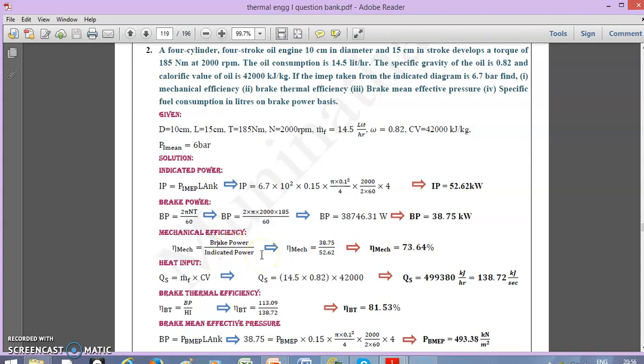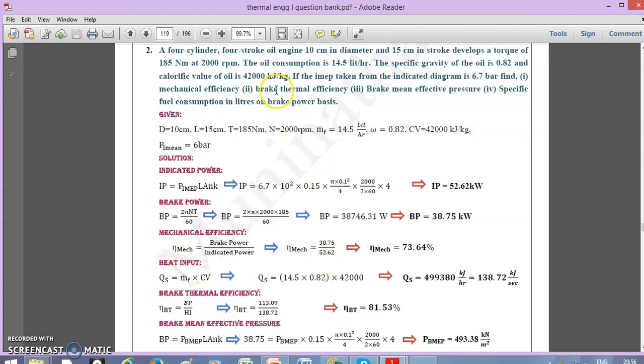Why? Because there will be some amount of frictional loss even in a new engine. So that's why we go for a lubrication system and a highly surface-finished cylinder, and the surface roughness of even the cylinder bore and the piston will be very, very less. And again, the surface contact: the entire piston surface will not be in contact with the cylinder bore. So that's why we have compression rings and oil rings, so only the surface area of the rings will be in contact.